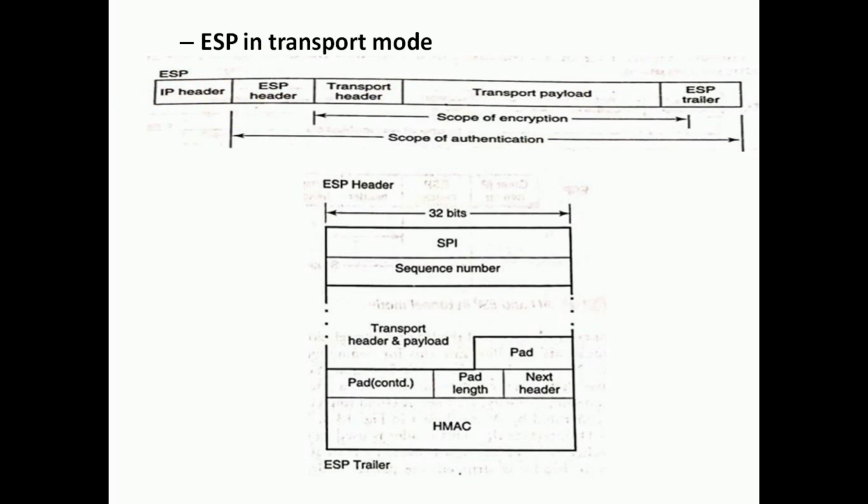So the AH as well as ESP header are going to contain the sequence numbers, which is a 32-bit field, each for the SPI, and a packet sequence number to protect against the replay attack. Then padding is added so that the length of the encrypted payload is a multiple of block size as required by most encryption algorithms.